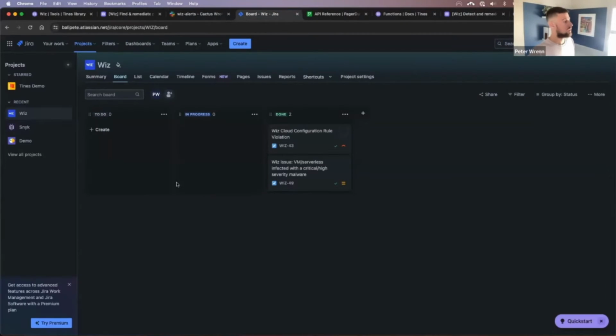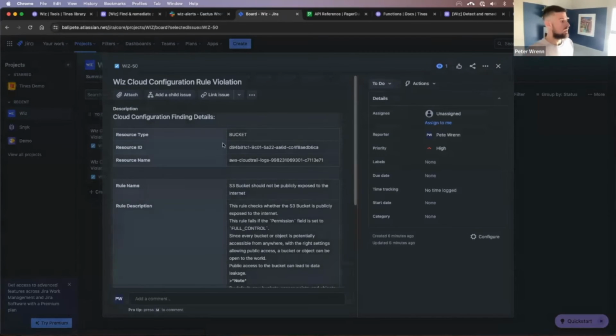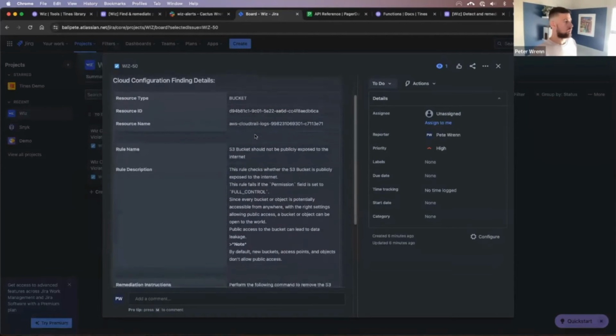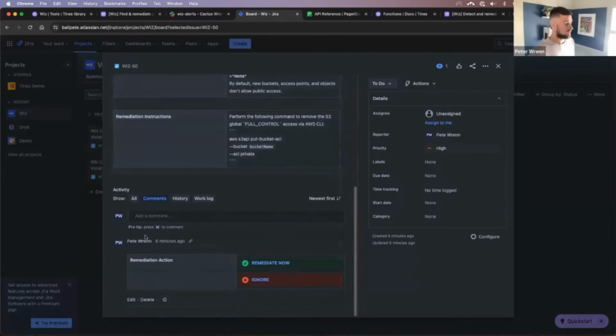So if we go look at the corresponding Jira ticket, you'll notice a couple that pop up here on my to-do board. Just pop open this one. In the description, here you'll find that nice custom formatted table that I showed you how to create within the API call, within that create issue in Jira action template. And then down here at the bottom, you'll see in the comments that the analyst has these remediation actions right